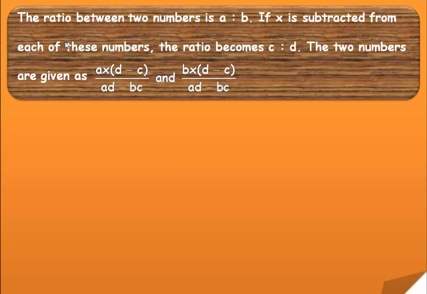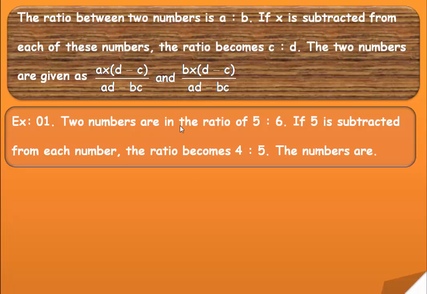The model: the ratio between two numbers is a is to b. If x is subtracted from each of these numbers, the ratio becomes c is to d. Then the two numbers are given by ax(d - c)/(ad - bc) and bx(d - c)/(ad - bc). Now, taking an example,